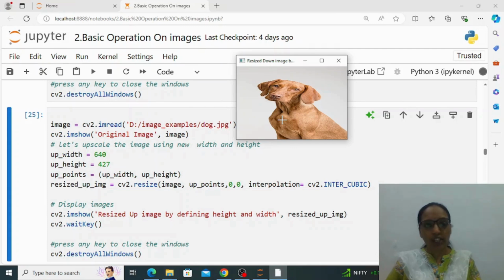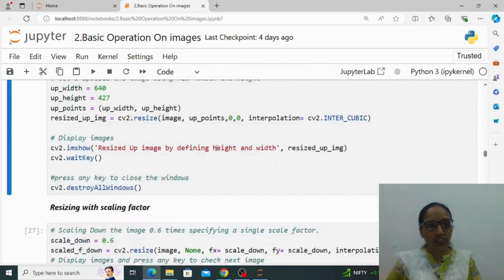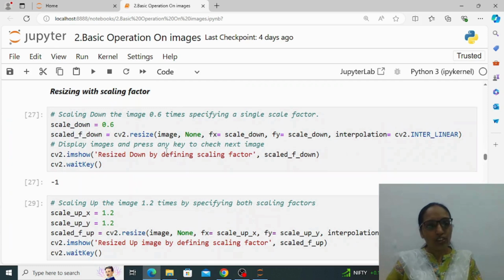Here I have downscaled that image to 640 by 427. So this is how our image looks. This is the one resizing operation. Now for the second one,